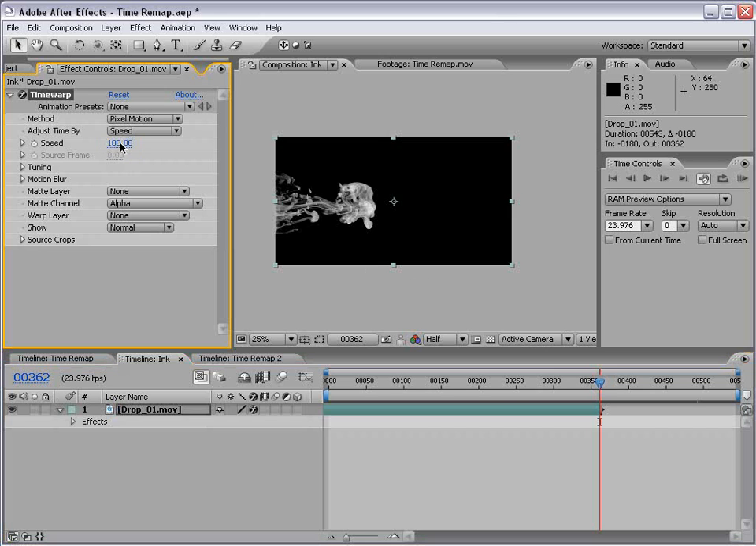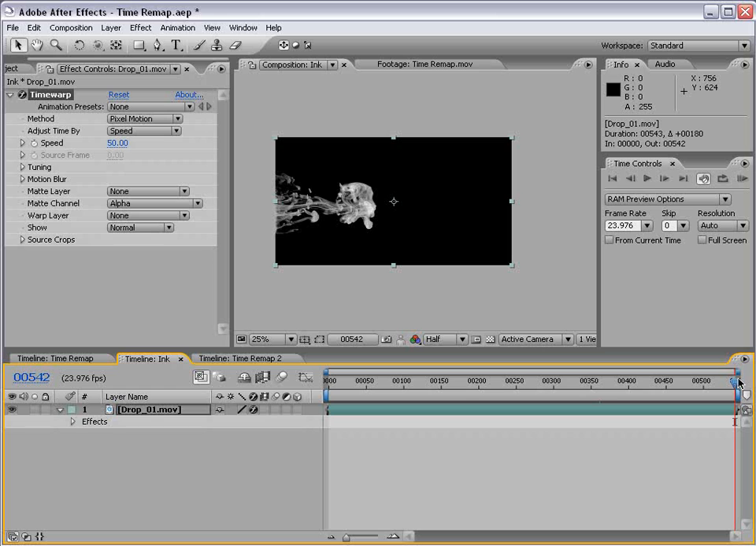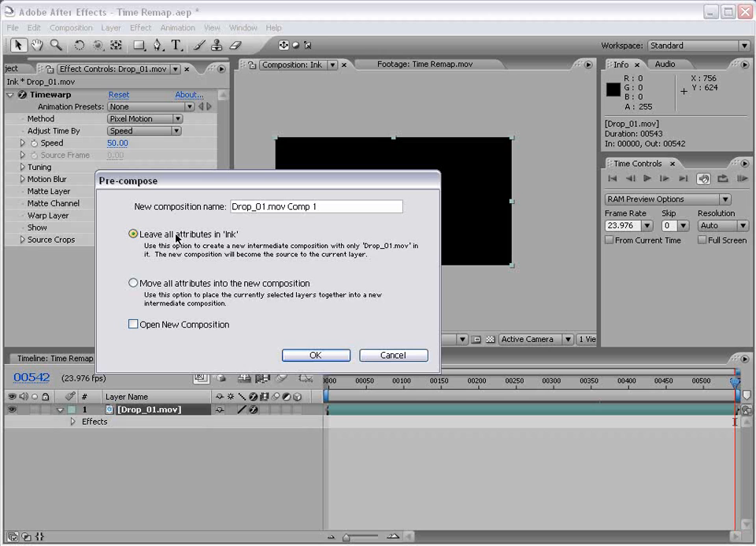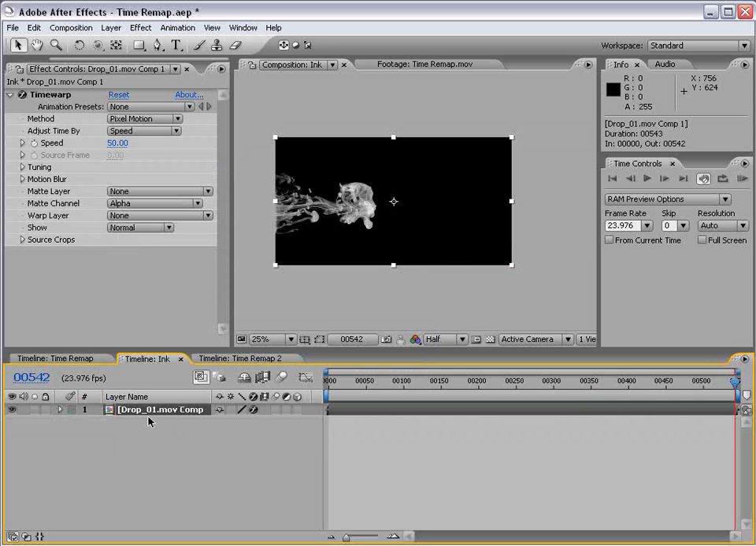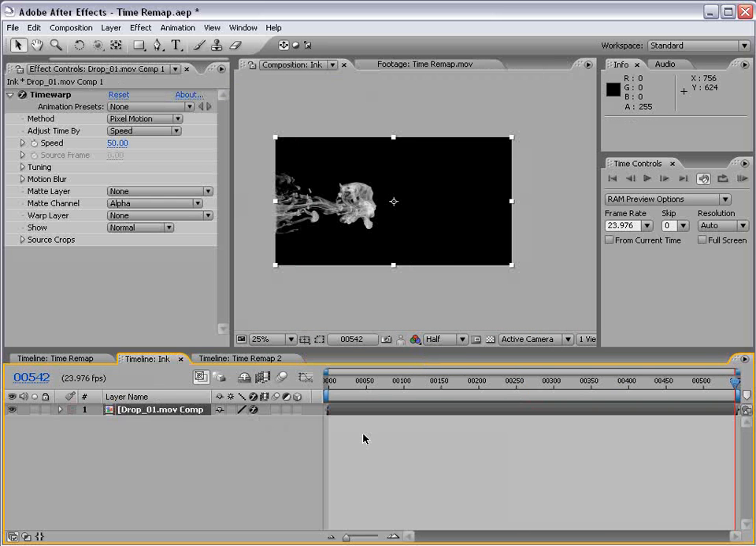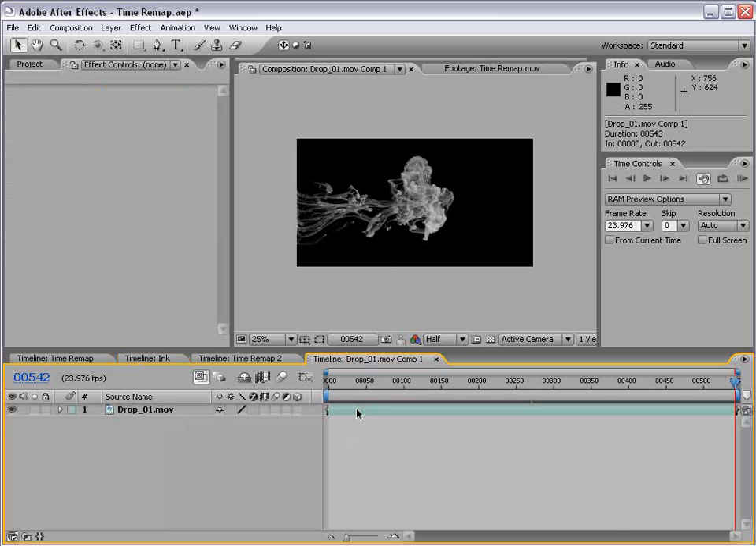Now if we set it to 100%, we'll see the end of the video at the end of this clip. But if you set it to 50%, it gets cut off, and that's just the way After Effects works as far as the architecture. So the solution is to pre-compose this layer. If I choose Layer, Pre-compose, I want to leave all the attributes in this comp. So leave this here and let the effect be applied to a composition with the footage being inside. What this allows us to do is open this composition up by Alt double clicking,